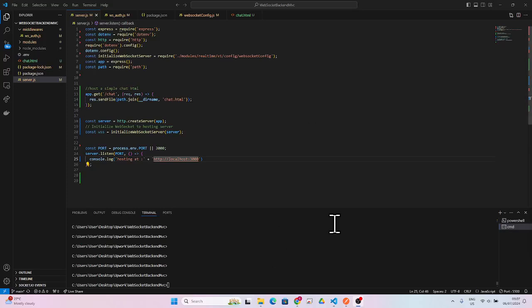Alright guys, so this is my code. Now I will host my server. The thing will be hosted at localhost 3000, and I already host a simple chat HTML over here. So once I open it